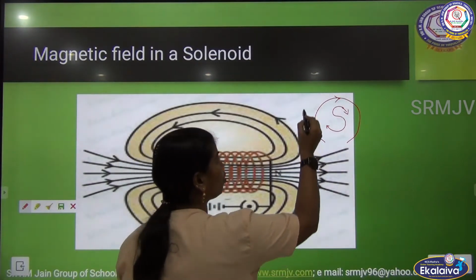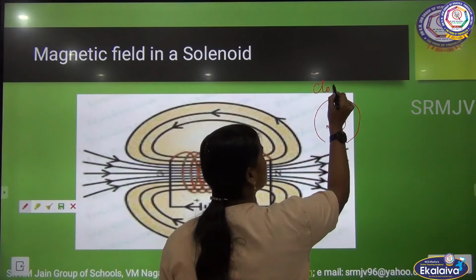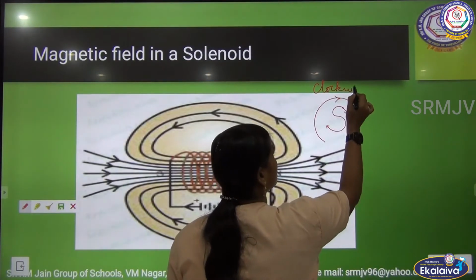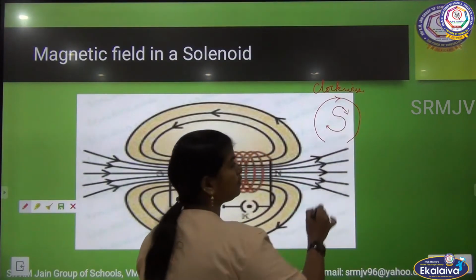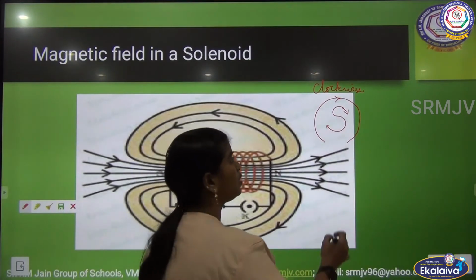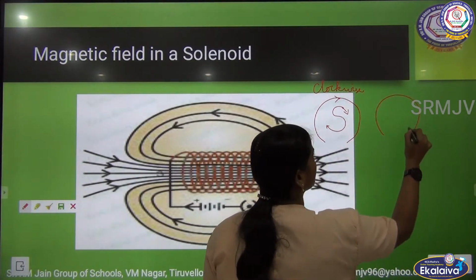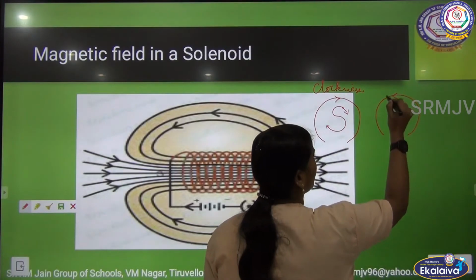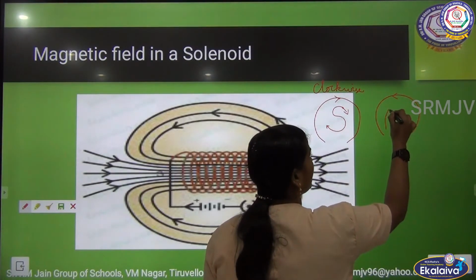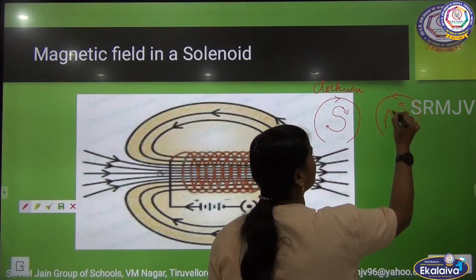Suppose it is anti-clockwise, then it will behave as the north pole.